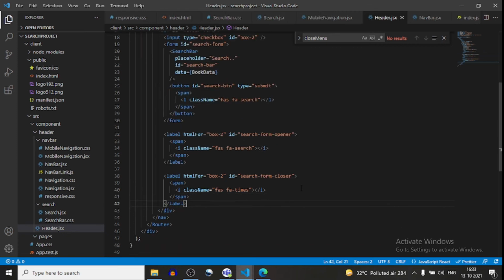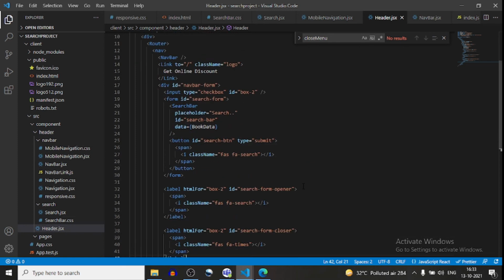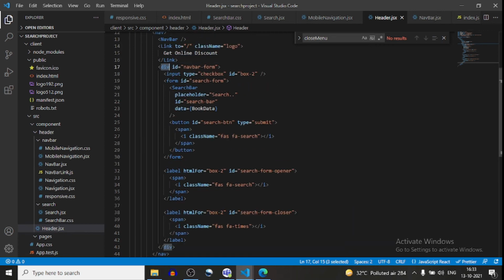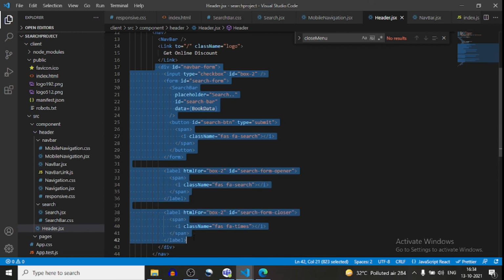So we have completed this. Here we have defined a div with navbar-form, and this div closes over here. This is the complete div of the search form.